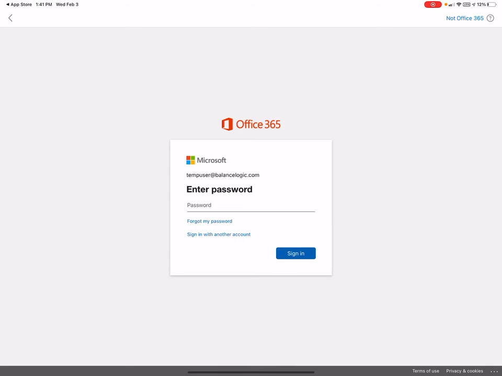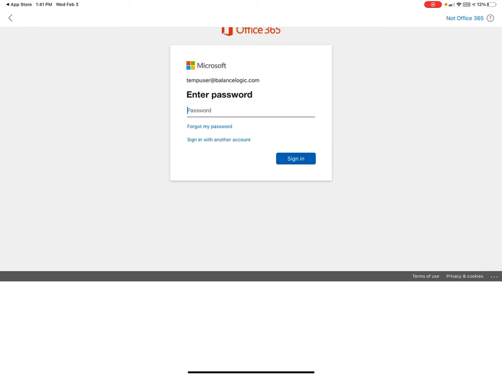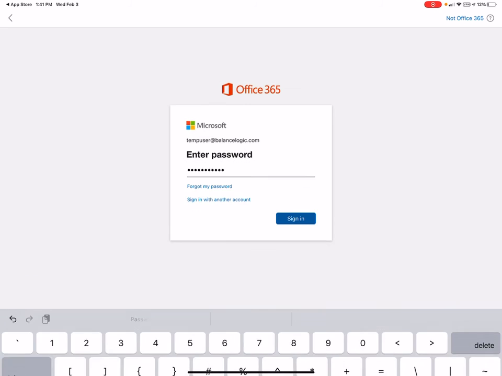Now this is going to get you logged into Office 365, so you want to click where it says Password, and this is where you'll put your password in. And since this is the first time you're logging in, it's probably going to ask you to change your password. So once you put your password and click Sign In,